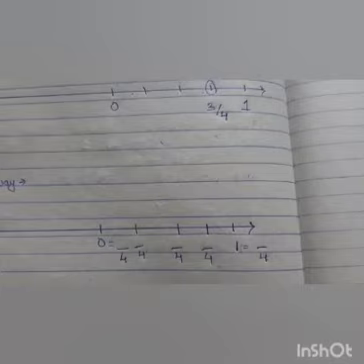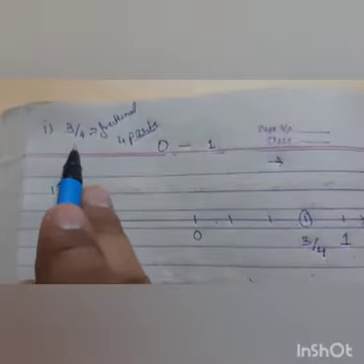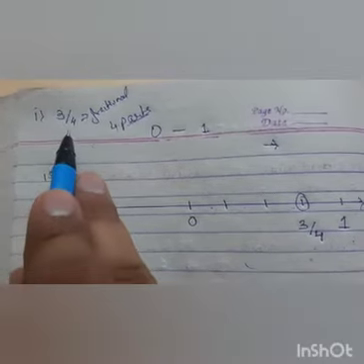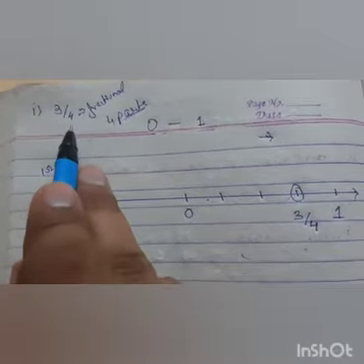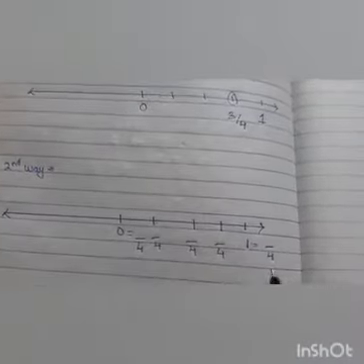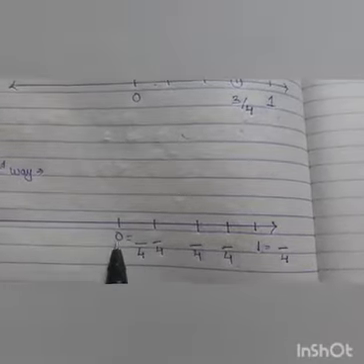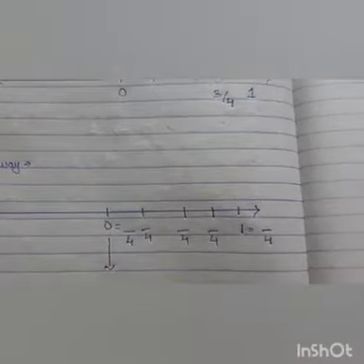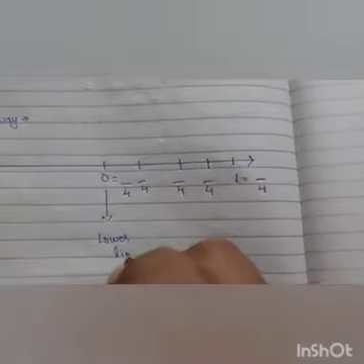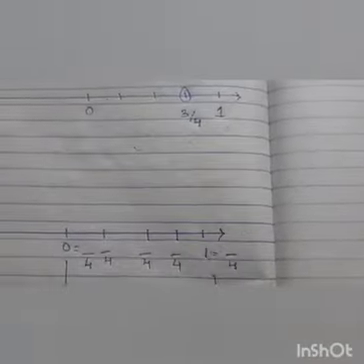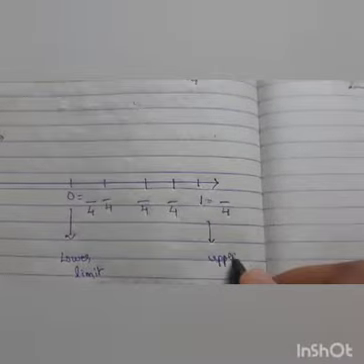What is the meaning of upper limit and lower limit? I just told you that any positive proper fraction will always lie between 0 to 1, okay. This is 0 and this is 1. 0 से 1 के बीच में lie करेगा. So what do you need? 0 is the lower limit and 1 is your upper limit.